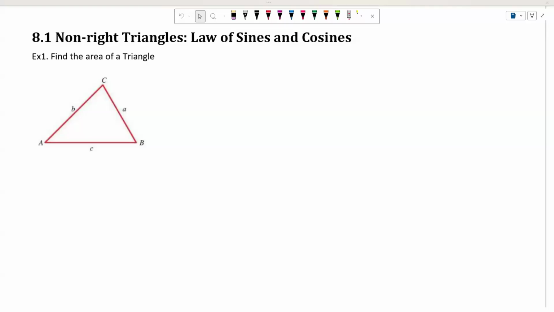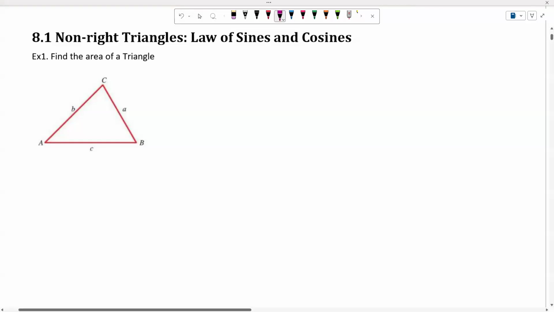Hi, in this video, we will use the law of sines to help us solve non-right triangles. First, let us try to see if we could find the area of the triangles. So if we have a triangle,